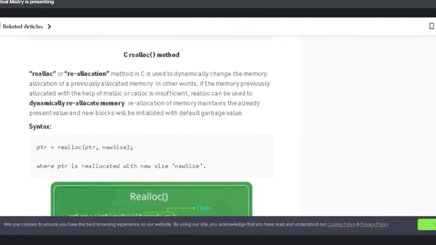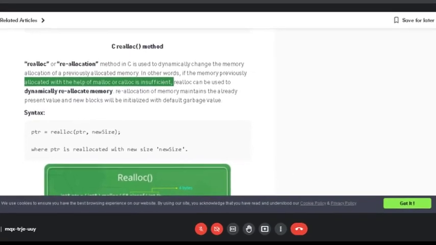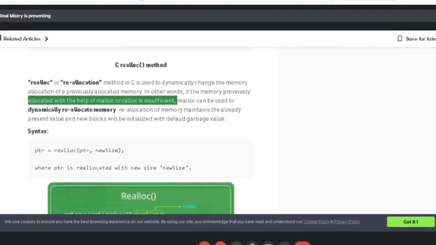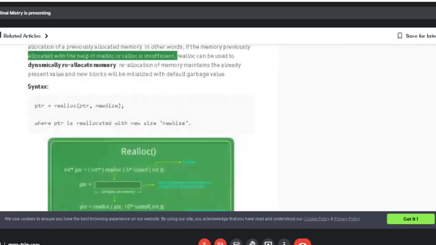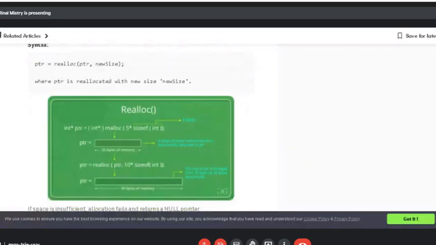If the memory previously allocated with the help of malloc or calloc is insufficient, realloc can be used to dynamically reallocate memory. It maintains the present value and new blocks will be initialized with the default garbage value. Right. So it is used for making changes to an already dynamically allocated memory.